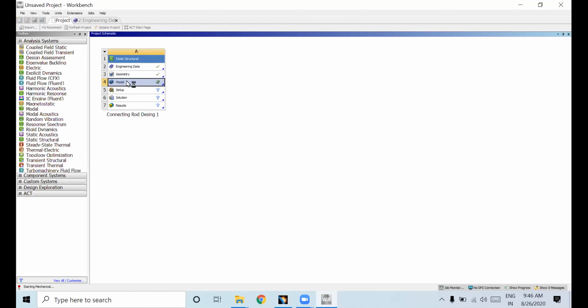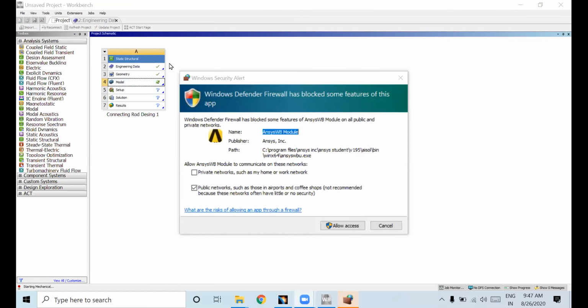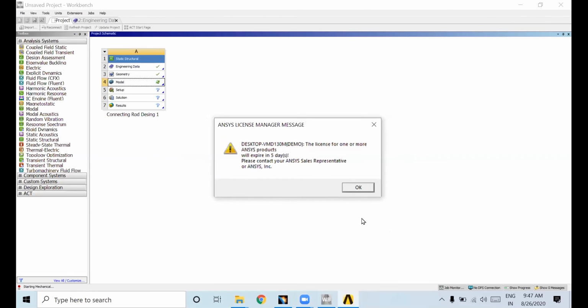It will take time to open, so be patient. Suppose if you get a message like this, you just check off this and give cancel. License of one or more ANSYS board will expire in 5 days.